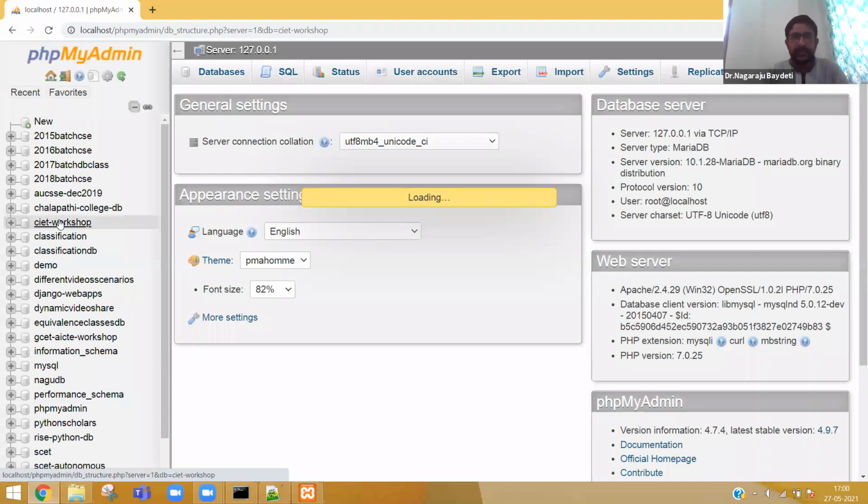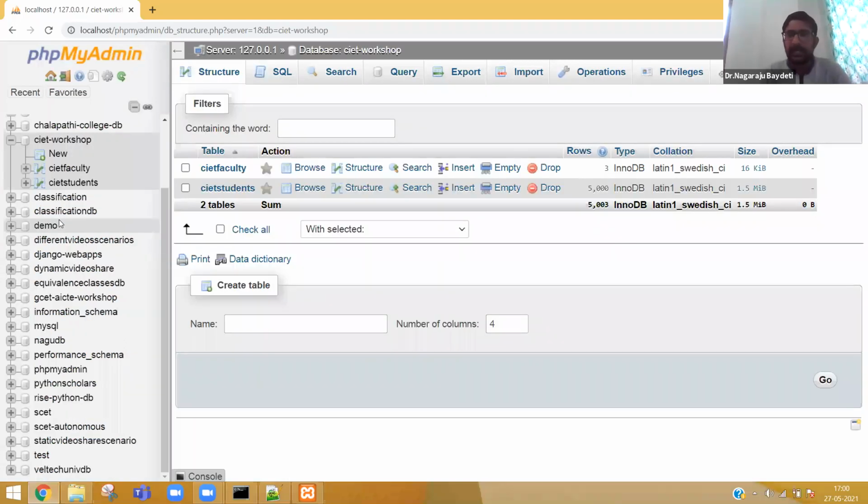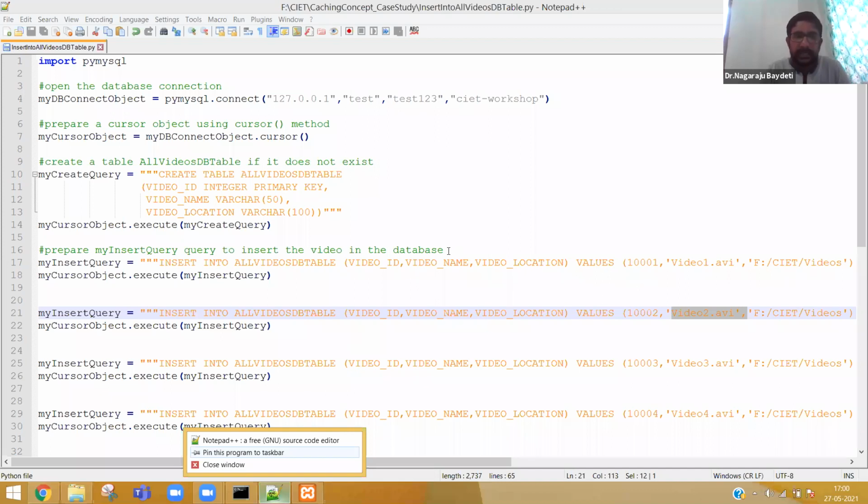Clearly you will see that there are only 2 tables, which we used yesterday and the day before yesterday. There is no video table. Now, if you execute this Python file, a table will be created with the metadata information of all the 12 videos. Imagine this table is a secondary memory.